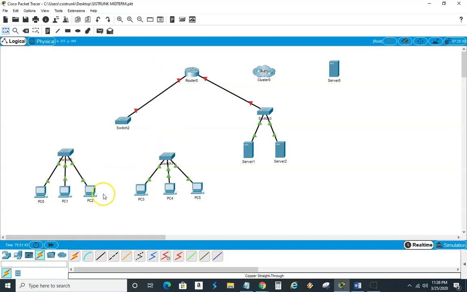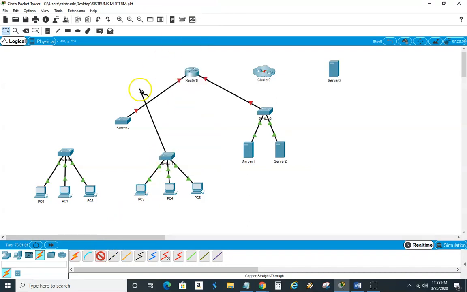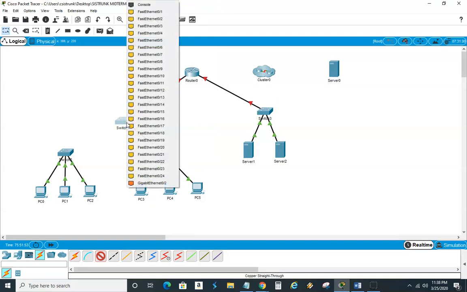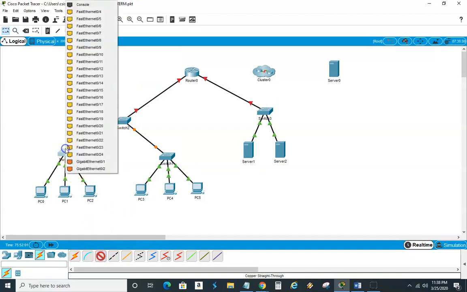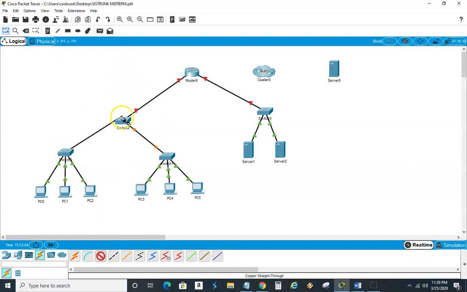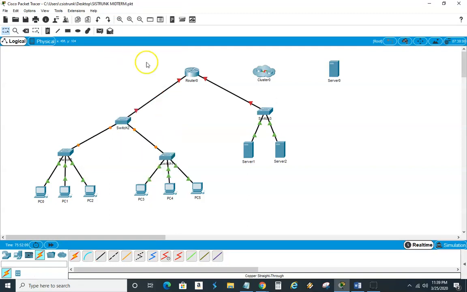I switched that around. Now, I'm going to come back here, and then I'm going to just choose whichever Fast Ethernet port I don't have. I'm going to choose 4, and then I'm going to make sure it lines up with this because I'm going to choose 4 here. I want to keep them lined up. I'm one of them people that just like cable to cable. Now, in the industry, I may not do this. It depends on how I feel that day, but you know, I like to keep them together, and this is going to be 5, okay? So sometimes you can keep them together, sometimes you can't, but you do your best. Okay, so we're looking good. We see our red lights. We see that things are not shining.